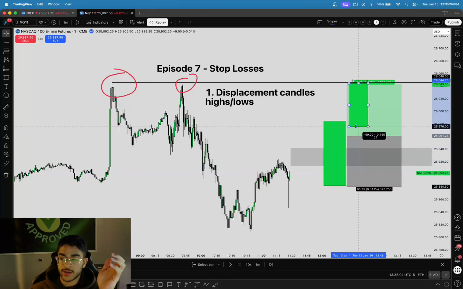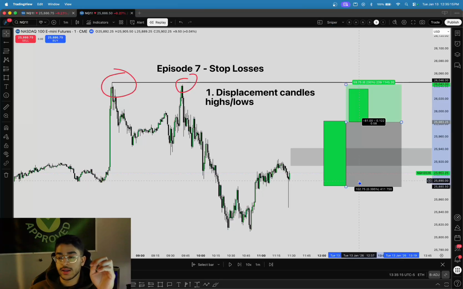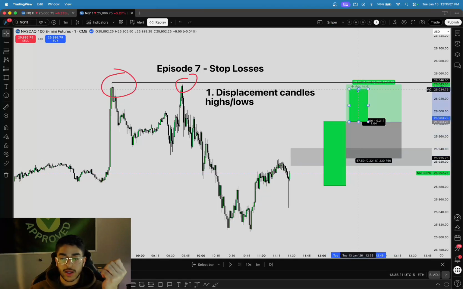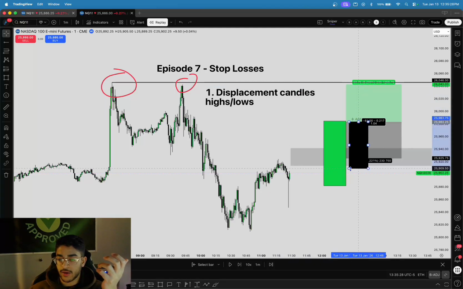Because what's the alternative to this? Well, let's say you jump the gun, you get in here at the close of the last candle, right? Not waiting for any sort of retracement. And you decide, hey, instead of putting my stop where it needs to be at the low of this displacement candle, I'm going to put my stop around here just so I can get one-to-one risk reward. Okay, that's great. That sounds good in theory, but what are you going to do if price needs to retrace, right? If price needs to retrace and comes down all the way down here,